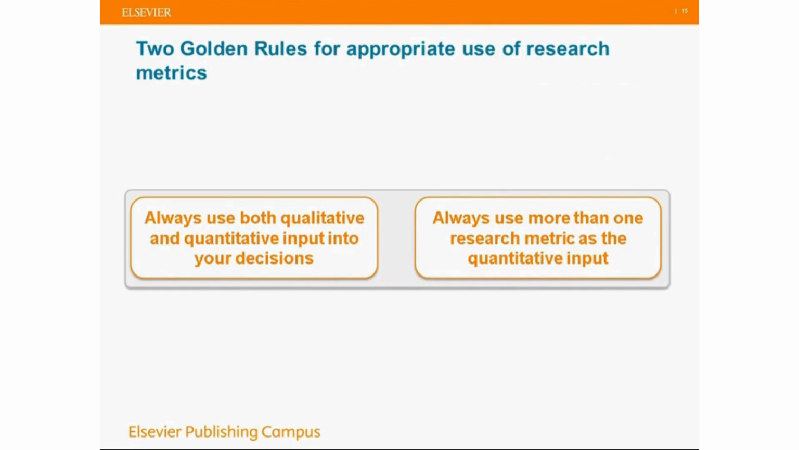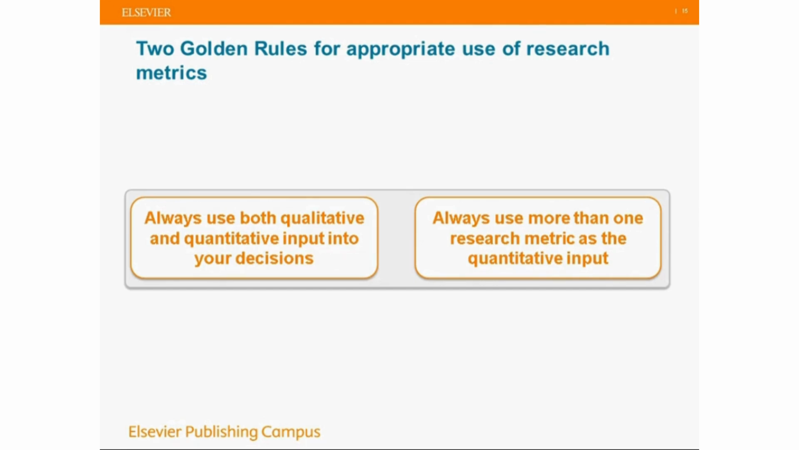So that is about how we at Scopus look at journal quality and how we select the journals for the Scopus database. But once these journals are included in the Scopus database, you can also look at the metrics that we have and use them to assess the quality of these journals yourself. But I think it's good to remember that there are two golden rules when you apply research metrics for research